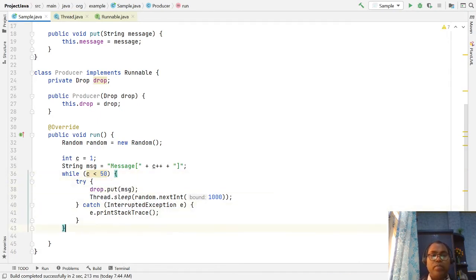This is the producer; it produces until count is less than 50.